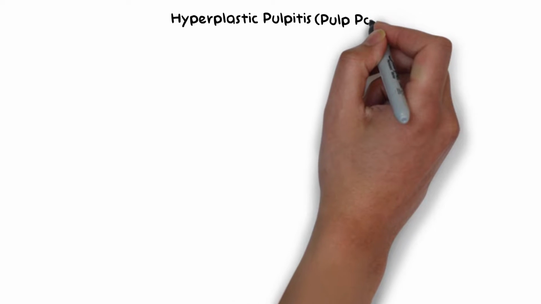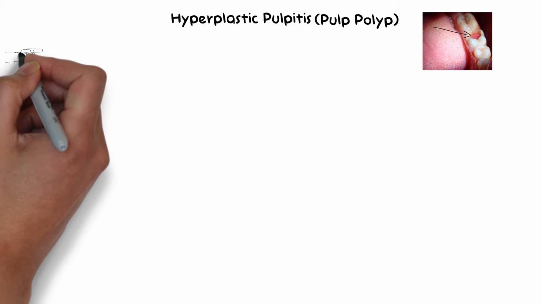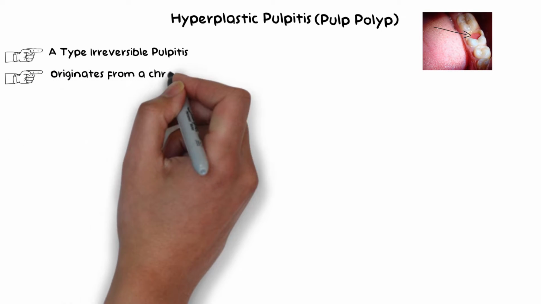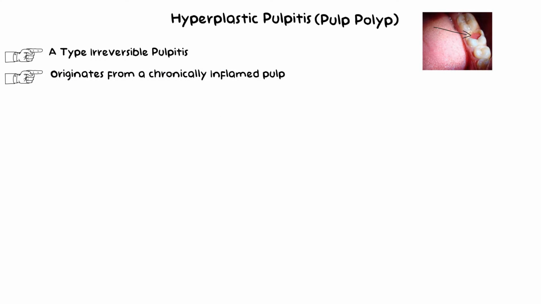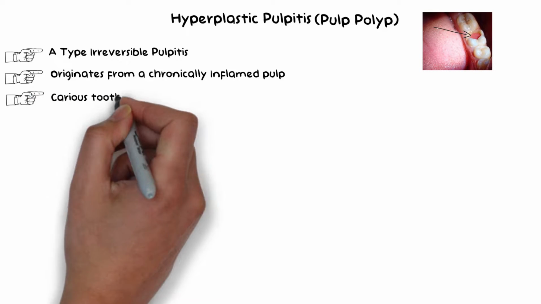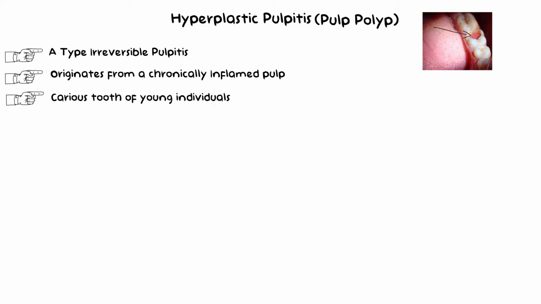Hyperplastic pulpitis, or otherwise more commonly known as the pulp polyp, is a type of irreversible pulpitis that originates from a chronically inflamed pulp. A pulp that has been in inflammation for a very long time. Hyperplastic pulpitis is usually found in teeth of young individuals, especially those young children whose teeth have been carious for